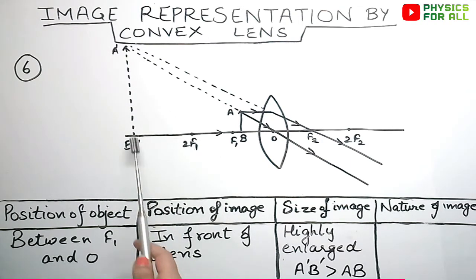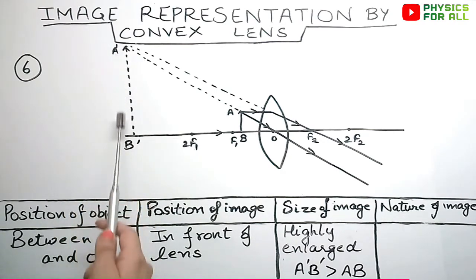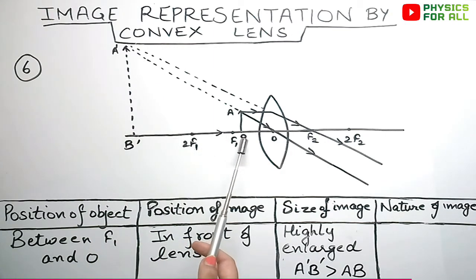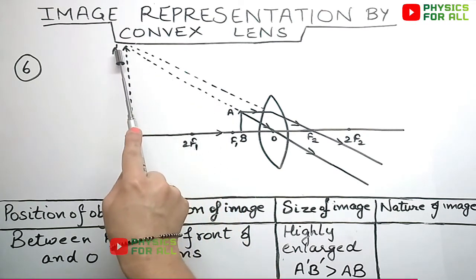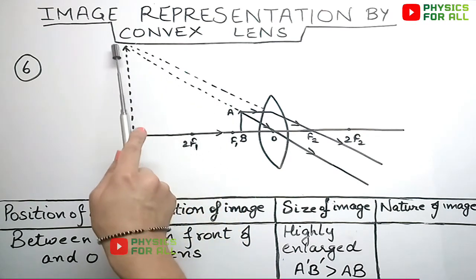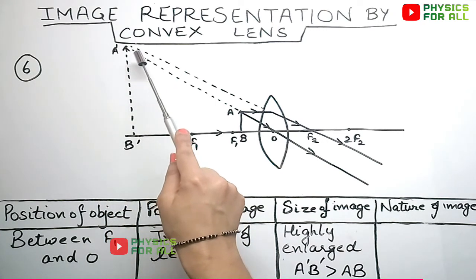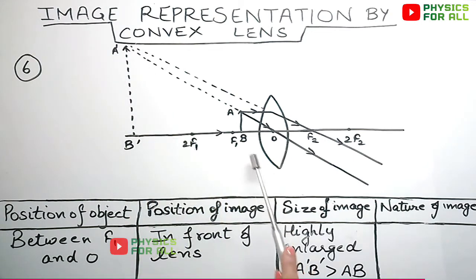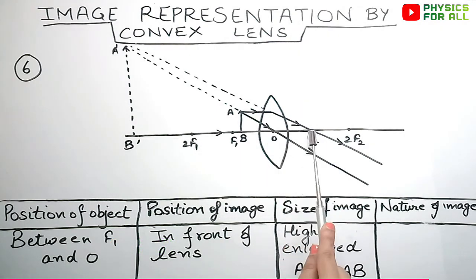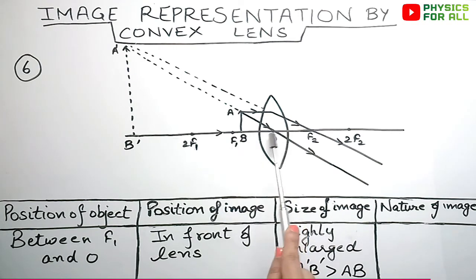Here, as you can see, the point of intersection is quite above the principal axis, and we clearly see that the height of image is quite greater than the height of object AB. There is no rocket science in making all these diagrams. You need not make your diagrams keeping the image in mind, that where the image is forming. You just have to use correct distances, use the scale and measure correct distances, as we know that OF1 is equal to OF2 and O2F1 is equal to O2F2.